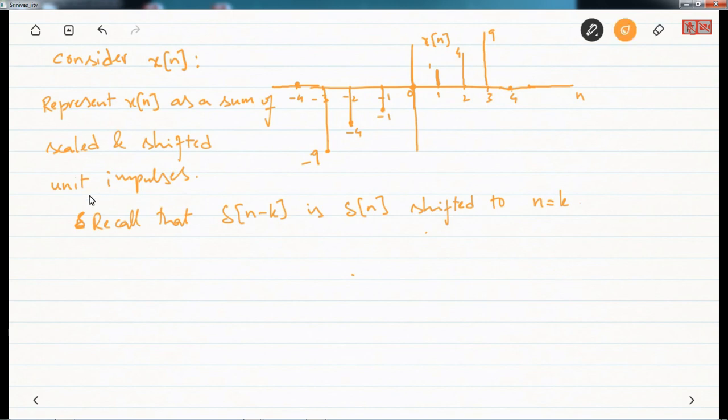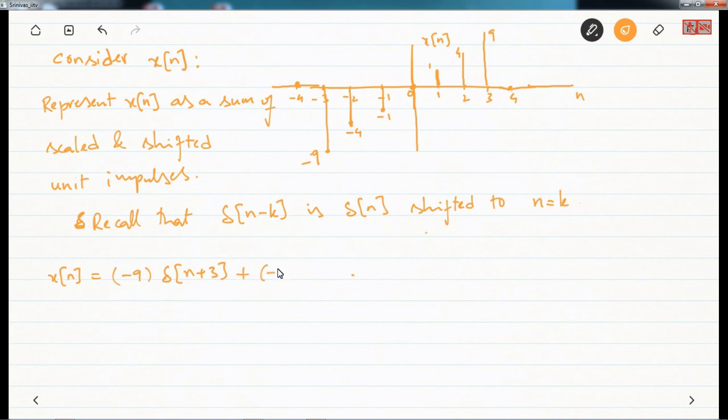So I can write this x of n as minus 9 into delta of n plus 3. Like there is an impulse at n is equal to minus 3 and it is being multiplied by minus 9, right? Here there is an impulse at n is equal to minus 3. So I'm constructing there is an impulse at n equal to minus 3 and its height will be minus 9